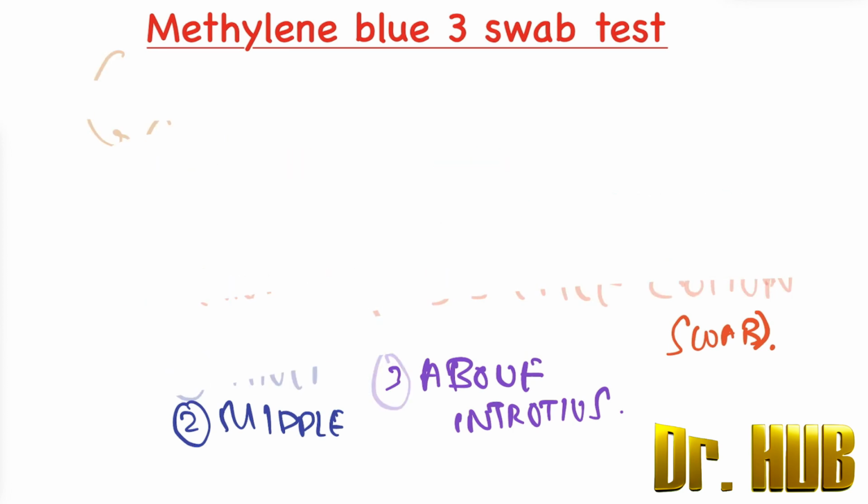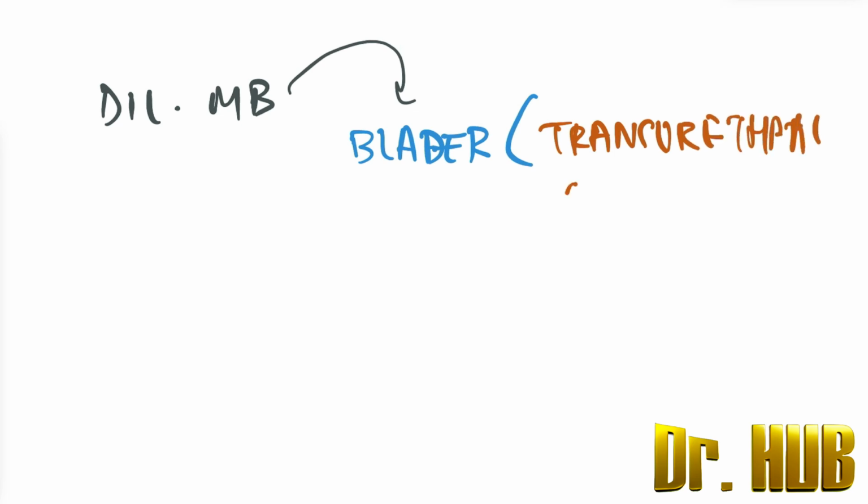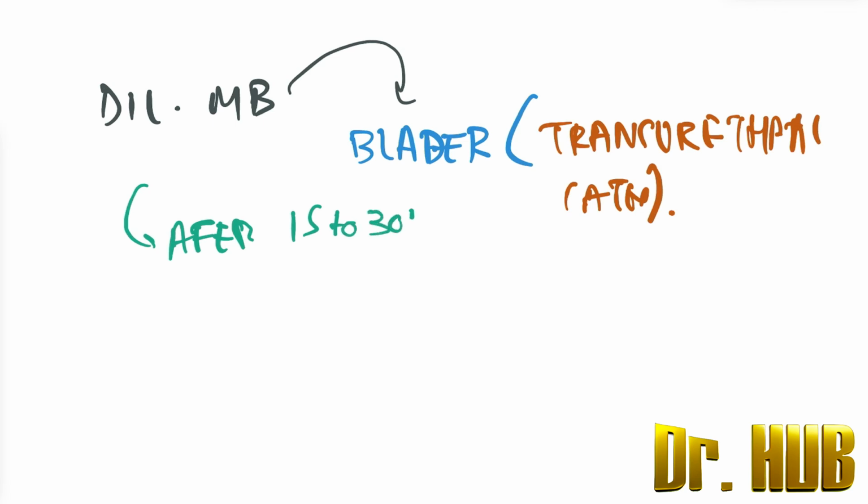Now what we do is take a dilute solution of methylene blue. This dye is injected into the bladder using a transurethral catheter. After 15 to 30 minutes, the swabs are removed serially